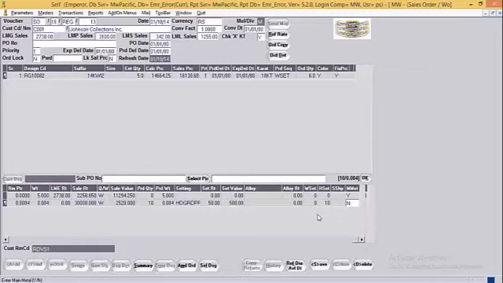Next is main metal yes no, the setting code, the setting rate which has been picked up from the labor rate chart, then the setting value which has been arrived by calculating number of stones multiplied by the setting rate, then the wax set quantity or hand set quantity. User can specify if the given RM code has to be wax set or the hand set.